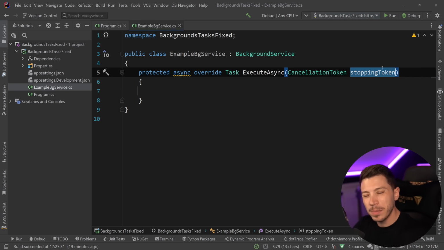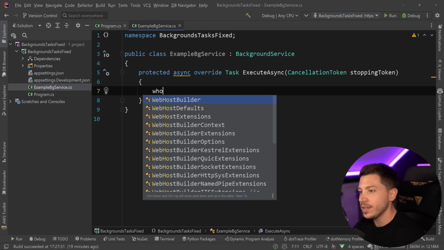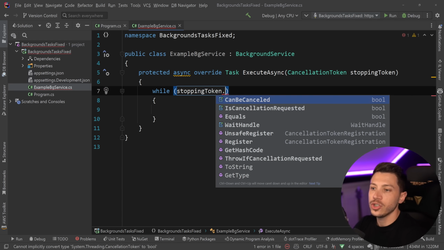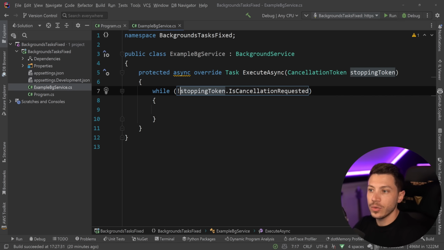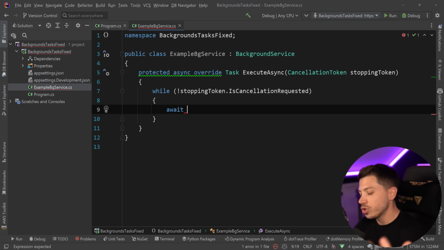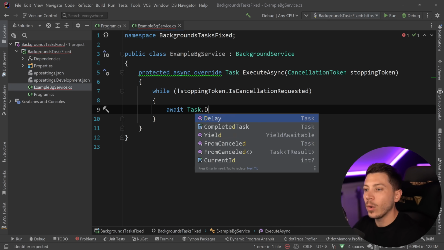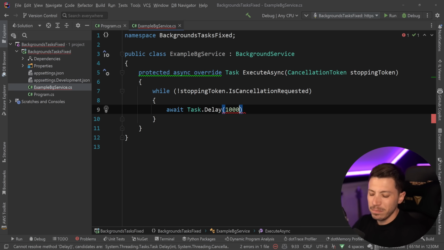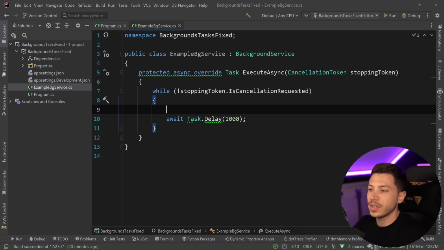And what most people do with this is that they say while the cancellation token is not cancellation requested, so basically while the application is still running, then do something, and also maybe I'll wait for some delay, and so on. So if I wanted to have something very simple here, I could just do Console.WriteLine ping, and I'm going